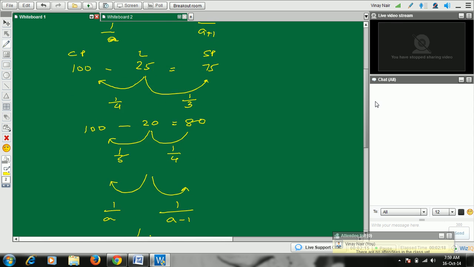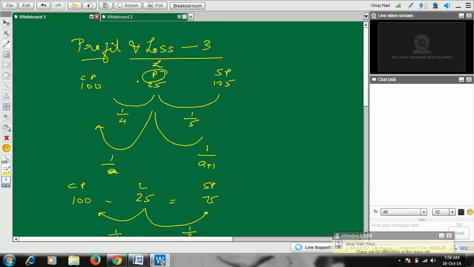So this can be used to find what is the selling price or what is the cost price when loss is given in terms of a percentage or fraction of cost price or selling price. So this is a very useful information. And now we might think why it is 1 by A and 1 by A plus 1. So to understand that, let us take